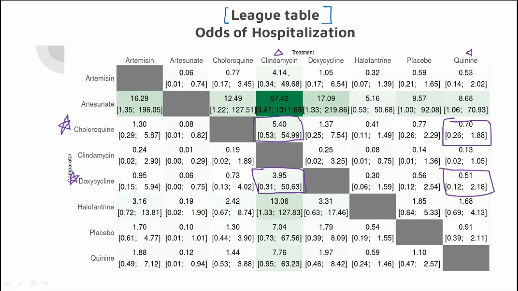So the interpretation goes like this. The odds of hospitalization in patients taking clindamycin is 5.4 times higher when compared to that of chloroquine, which is insignificant. Similarly, the odds of hospitalization in patients receiving quinine is 30 percent lesser compared to that of chloroquine, which is insignificant. Similarly, for clindamycin compared to that of doxycycline, the odds of hospitalization is 3.95 times higher,